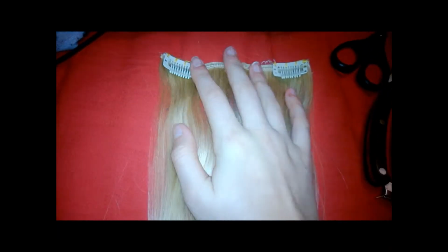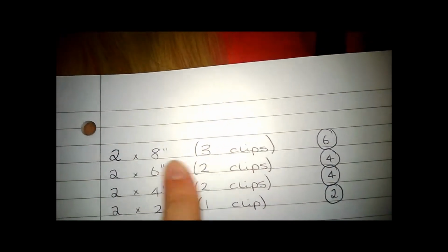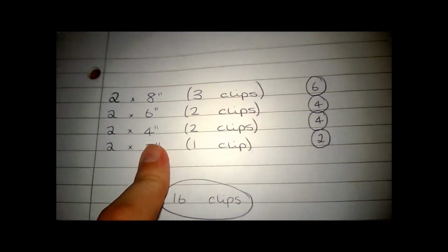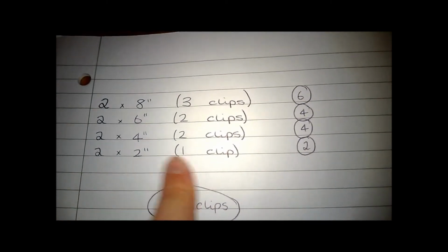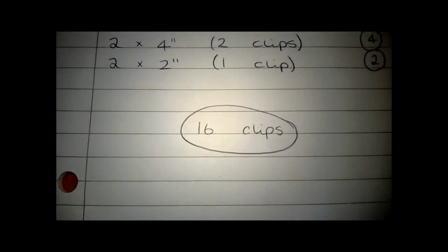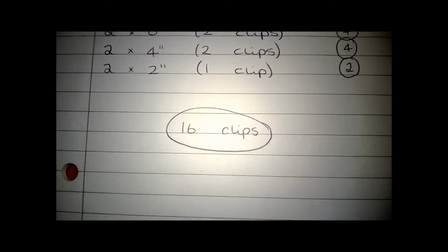I'll show you this here. This is what I use for my guideline. For my 8-inch pieces, I use 3 clips, so that's a total of 6 for the 8-inch. For the 2 6-inch pieces, I use 2 clips, so that is 4 clips. For my 2 4-inch pieces, again, I use 2 clips, so that's again 4. For my 2 2-inch pieces, I use 1 clip per piece, so that's 2 clips there. So it's a total of 16 clips, which is 2 less clips than what you'd normally get in a